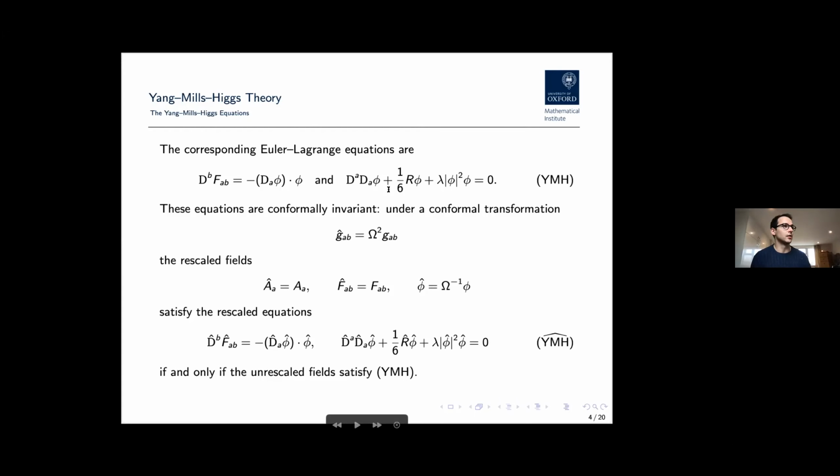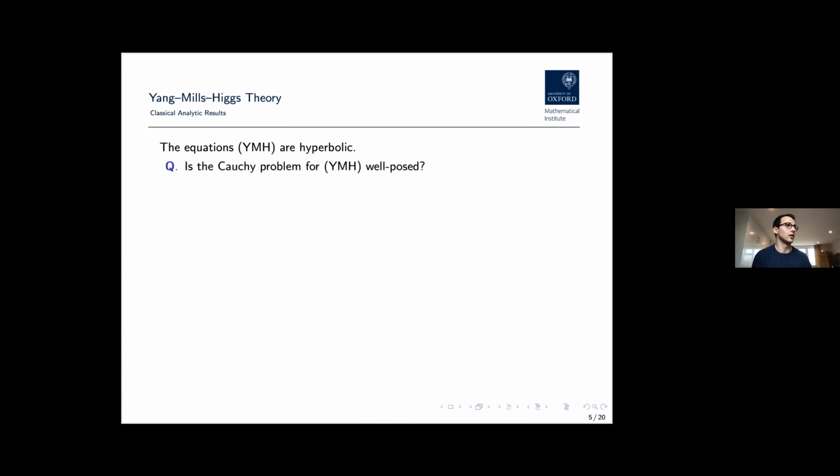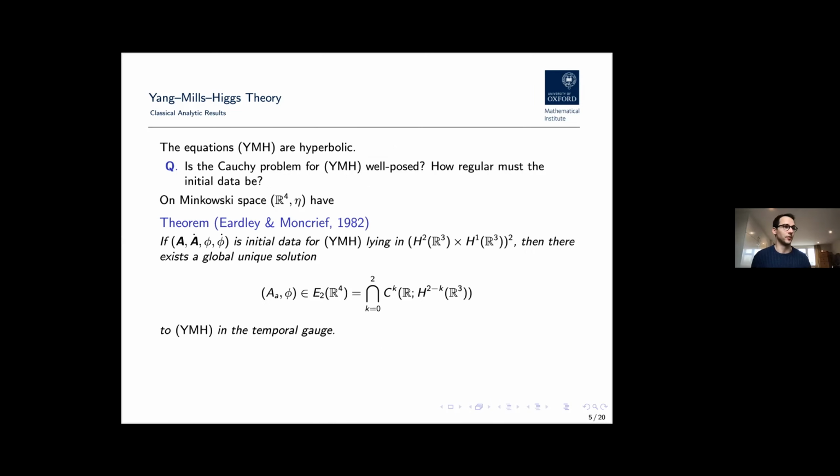These equations are hyperbolic. As I already mentioned, the one for the Higgs field phi is already a nonlinear wave equation. The one on the left is also a hyperbolic equation, and one way to see that is to rewrite it in terms of the Yang-Mills potential, in which case it becomes a nonlinear wave equation for A. So they're hyperbolic, and a natural first question to ask is, are they well posed? A more precise question is, how regular must my initial data be for this well-posedness? On Minkowski space, we have a famous result by Eardley and Moncrief from 1982,